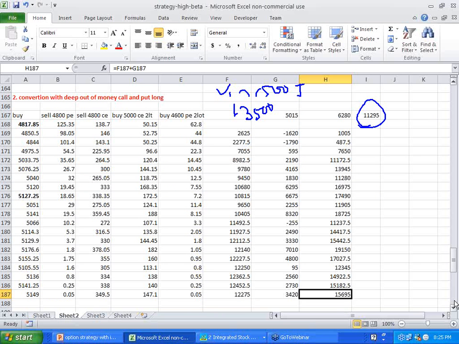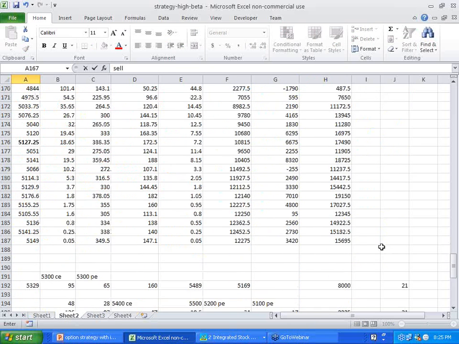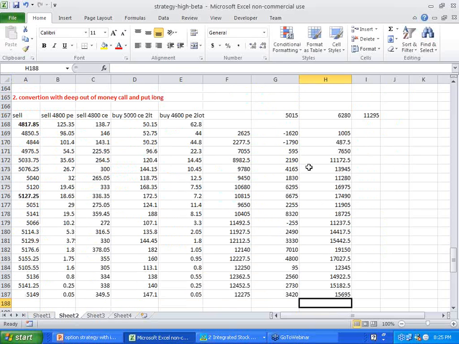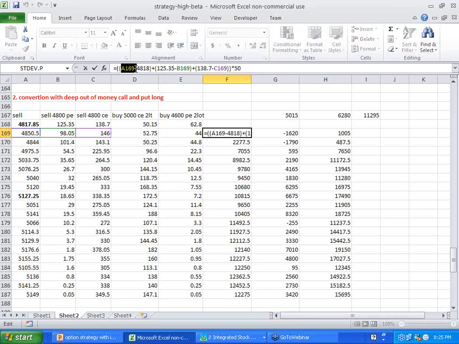Assume we have done the wrong thing. Instead of buying this one, if we could have sold this one, sell Nifty if we could have sold, then what will be my liability? So first case you have seen 22,000 profit. Here you have seen 15,000 profit. Both the cases Nifty was a purchase. Instead of that, if Nifty could have been a sold position, so this minus, if I could have sold the Nifty,